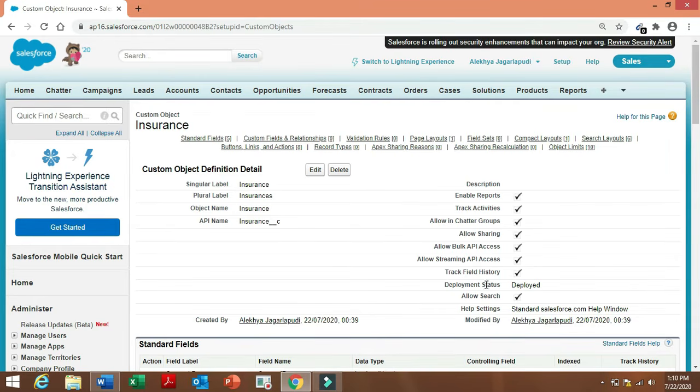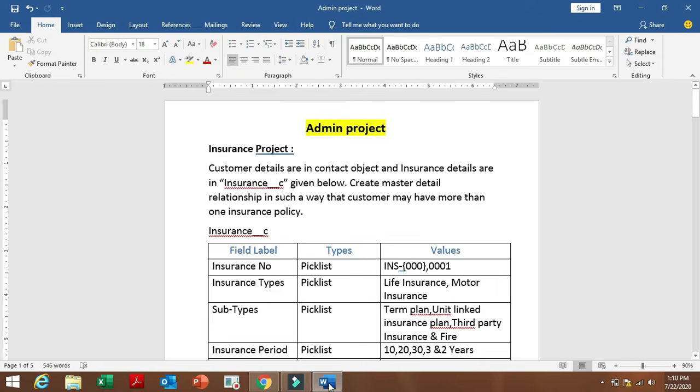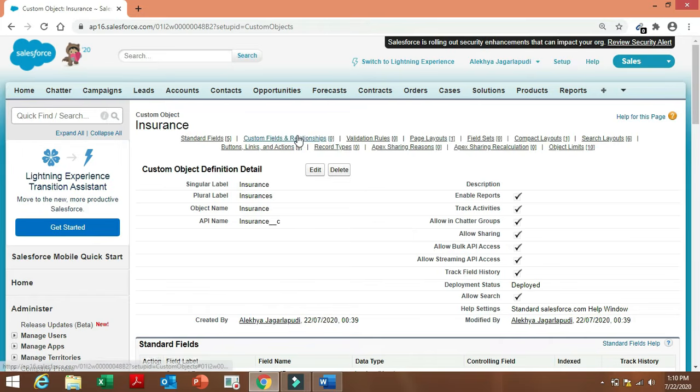Saved. So we have successfully created this custom object called insurance. Then let us create fields. Now by referring to this project we are creating fields. First we'll create insurance number. It's a pick list type field,